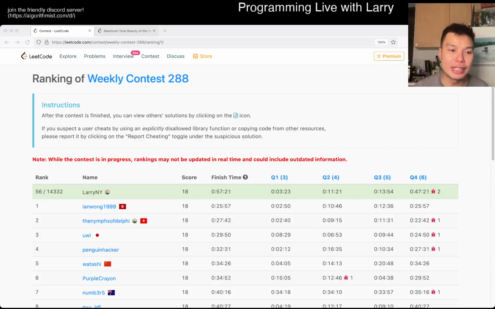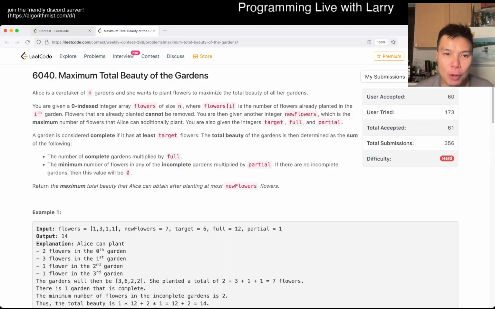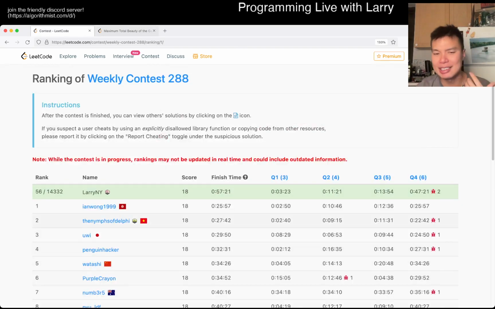This is me going over Q4 of the weekly contest 288, maximum total beauty of the gardens. So this one is a very hard problem. Don't feel bad if you don't get it. I'm not confident, when I solved it, I wasn't confident when I submitted it, which is how I got two wrong answers, which you can kind of see in the video later, but also just in general,